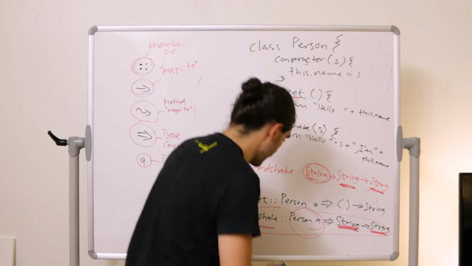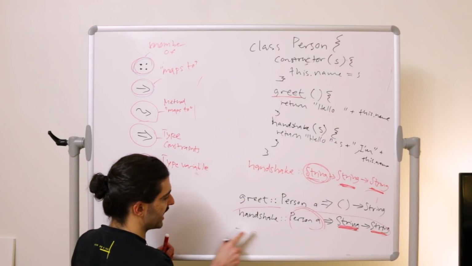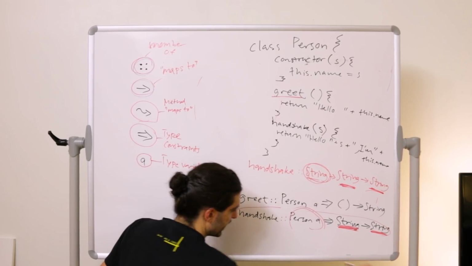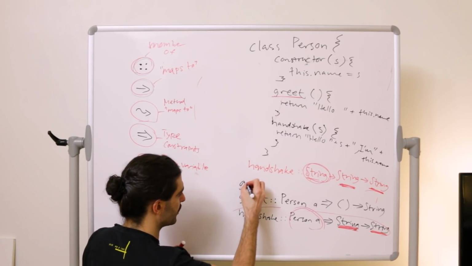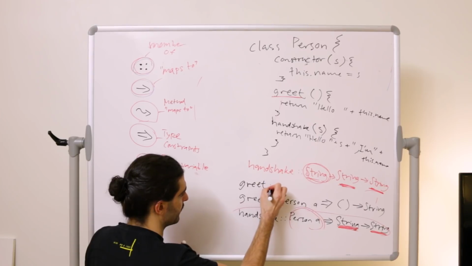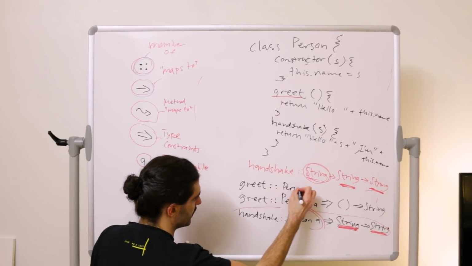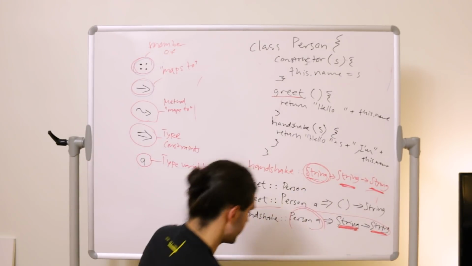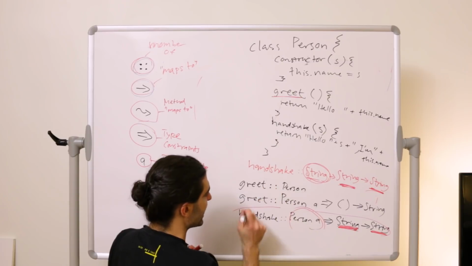Sorry, this is the way we should have drawn it. Let me write two of them at the same time, and then I'll write the correct one for handshake, or actually I'll write the correct one for greet here, and then you can see person. So what I missed to draw is that we should have written it like this: